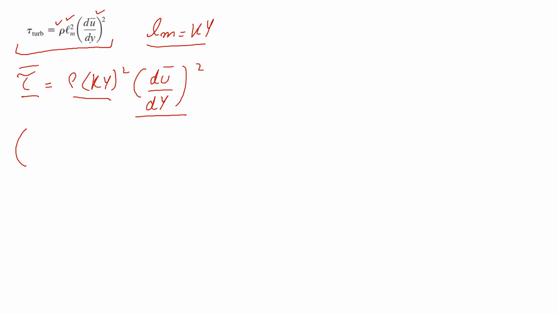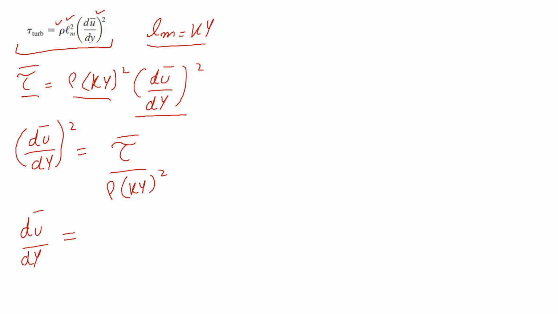So now we have (du/dy)² is equal to (τ₀/ρ)(1/ky)². I would suggest that you write these equations along, because you will not find this derivation in your Munson book. So now taking the square root on both sides, this is what we are going to come up with: du/dy is equal to 1/(ky) times